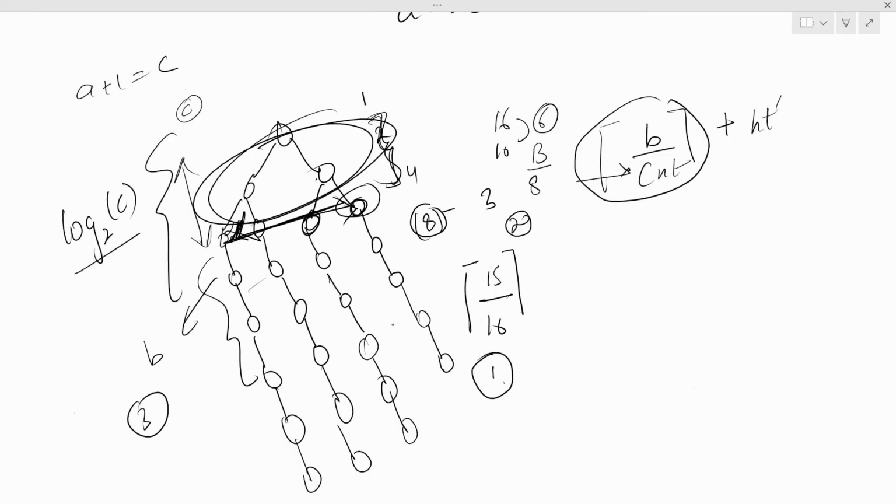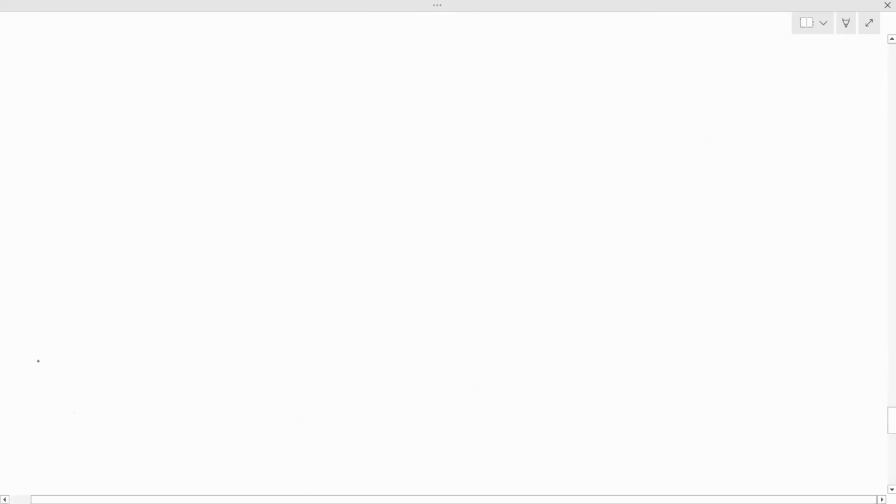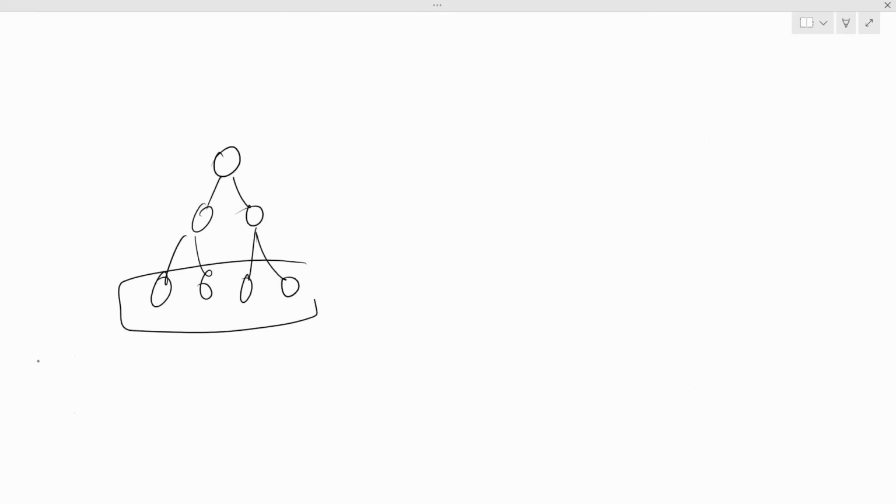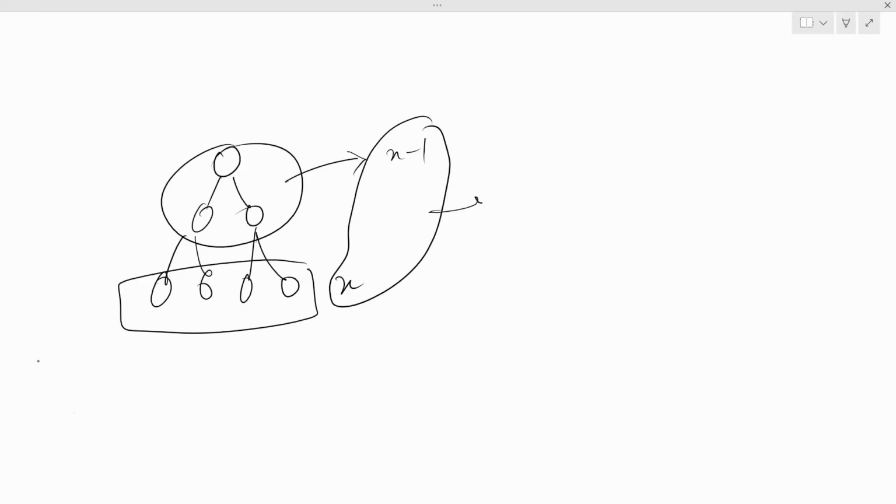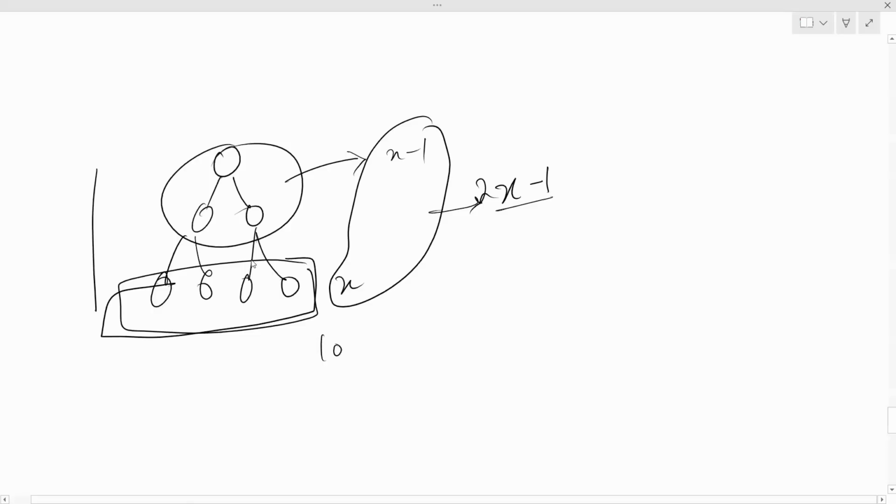You can write it as log 2 8 plus 1. I know this is too much, but actually, in a complete binary tree, if let's say there are x number of nodes here, inside these are called internal nodes. These are x minus 1. So total number of nodes is 2 times x minus 1. If you take log of this, you'll get height 1 indexed, and if you take just log of this, you'll get height 0 indexed. So if I want height 1 index, like starting from 1,